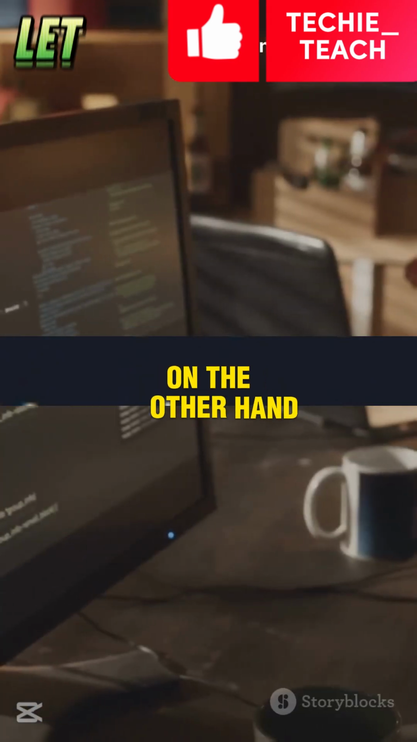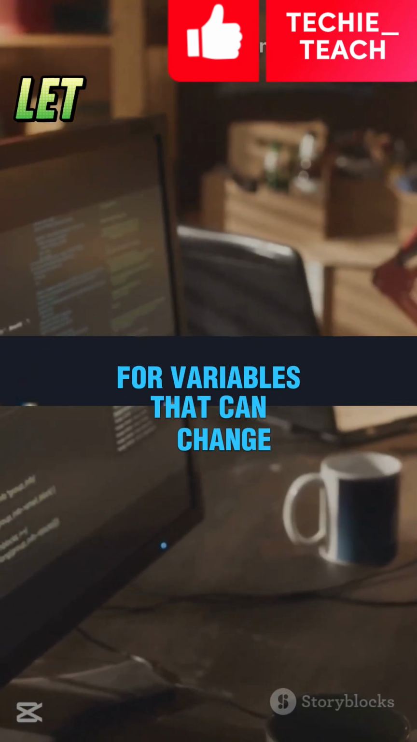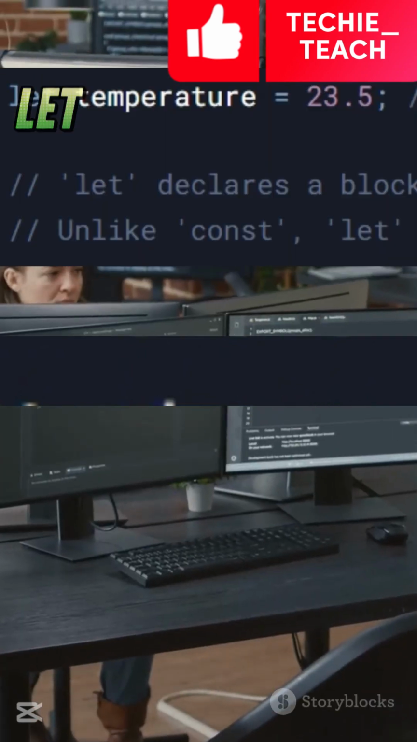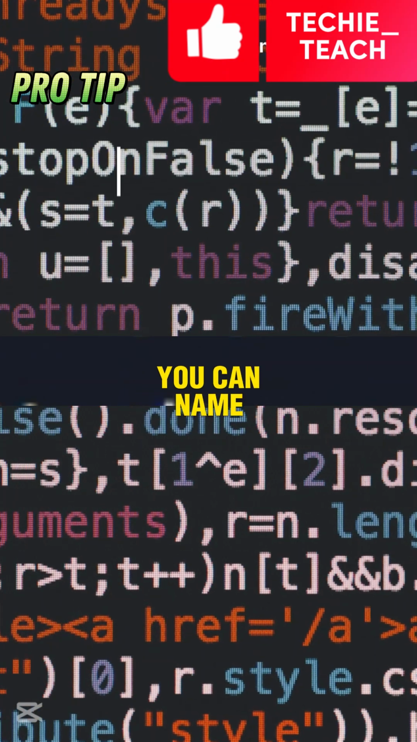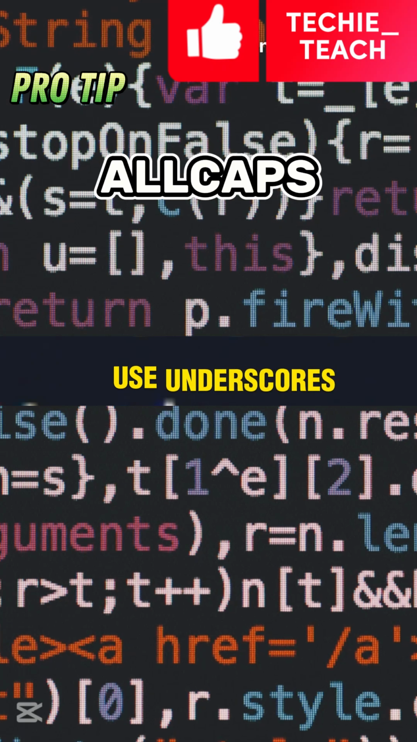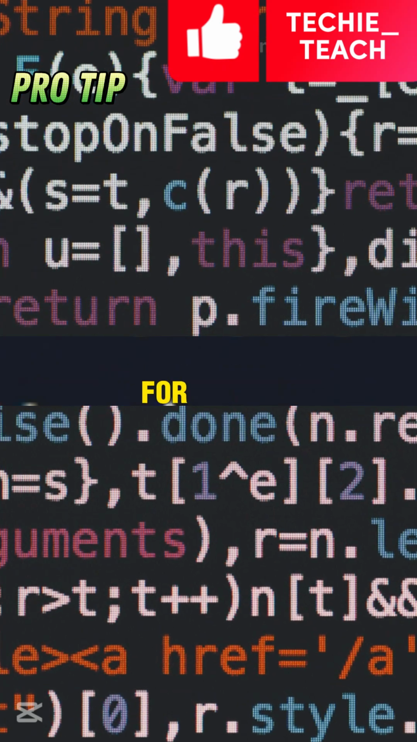On the other hand, let is for variables that can change. For example, pro tip, to make it obvious that a variable is a constant, you can name it in all caps. And if the name has multiple words, use underscores instead of camel case. For example,